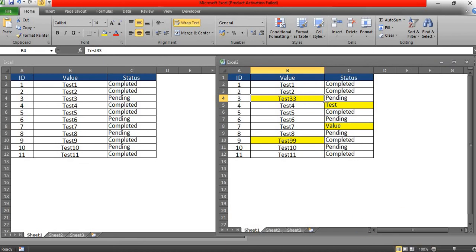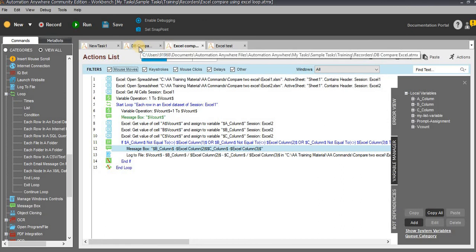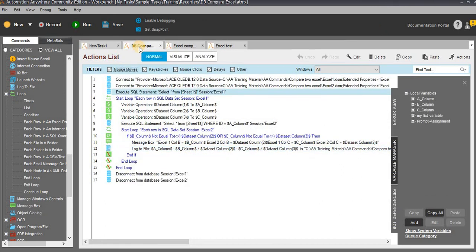And the next method is Excel macro. So this is also one of the very simple methods, but it's not a recommended method. Since we have multiple options in the Excel command, as well as you can use Excel as a database connection string. So when you are searching in Google, easily you can get the data on how to find mismatch details. In the macro also, you need to use the same commands such as loop command as well as other functions, if function and something. It will take some more time. It will not be that easy.